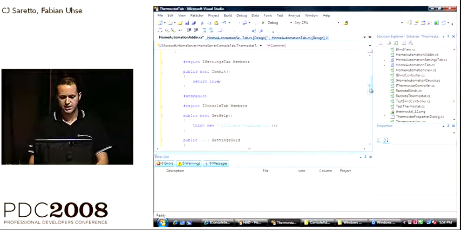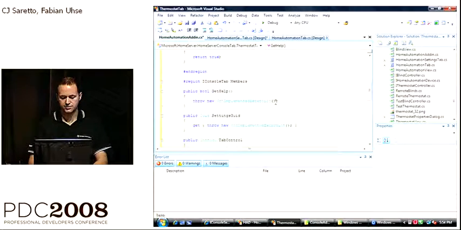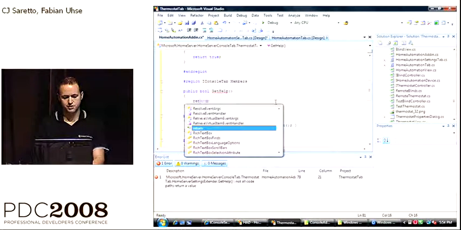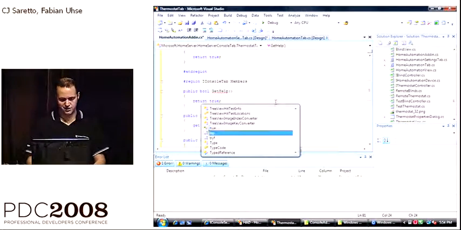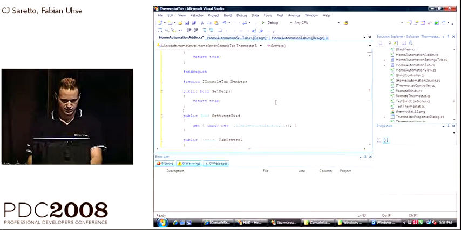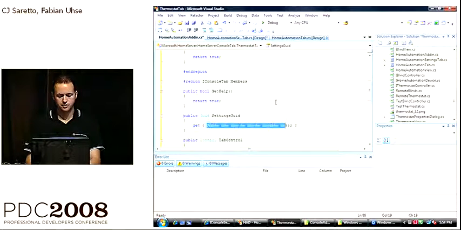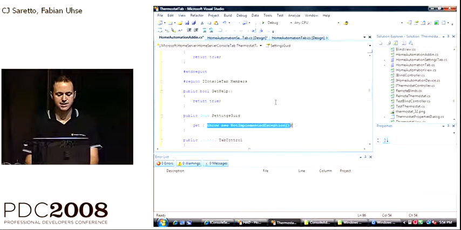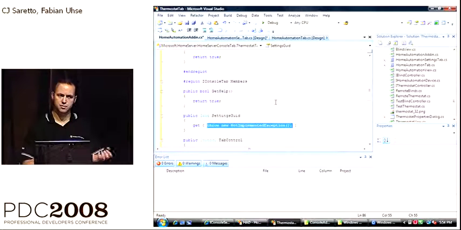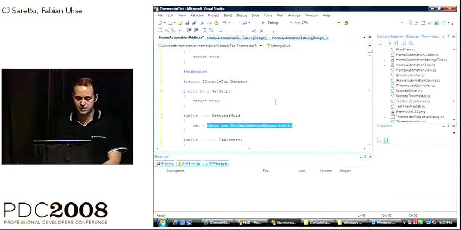We also have a get help method. The get help method is called by the console if help is pressed while my tab is in focus. Again, I'm just going to return true since we aren't going to write any help here on stage today. We need to return a GUID that uniquely identifies our settings tab. This is important if you, from one tab in the main console or a settings tab, want to open another tab by name. So every tab needs to be uniquely identifiable.